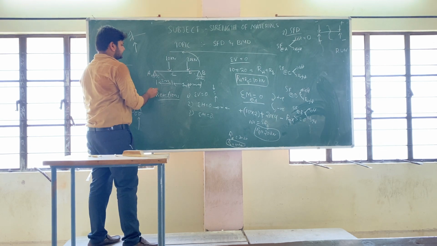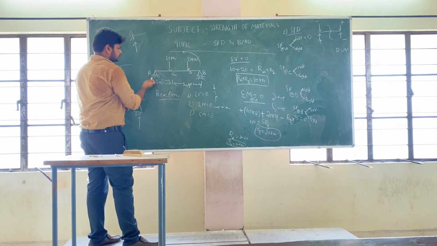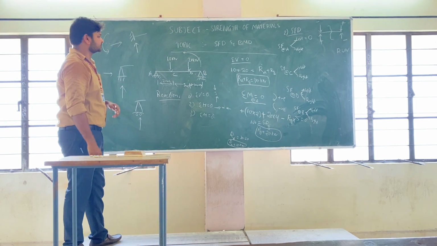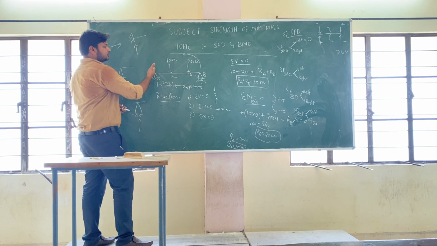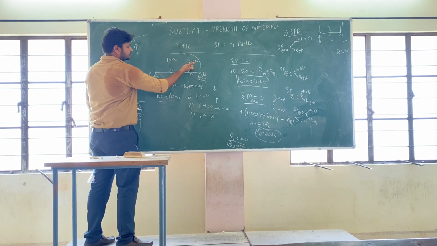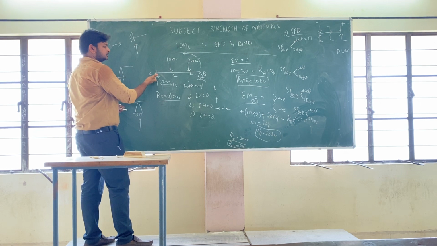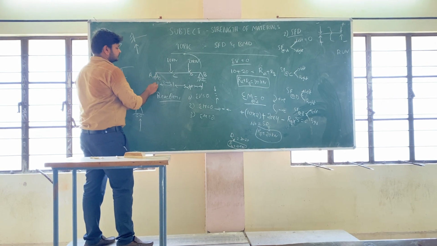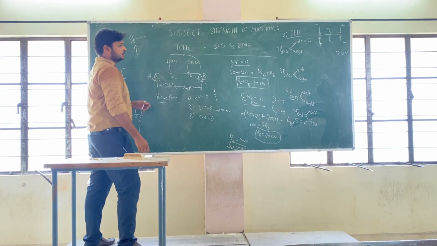Now next is the right section. I have drawn a section just after A, towards the right. Now after that, see that side or otherwise this side. If you see that side, one force is there, another force is there. I want to see this side because only one force is there. So if I see this one, what is this force? That is the upward force, that is the reaction RA.